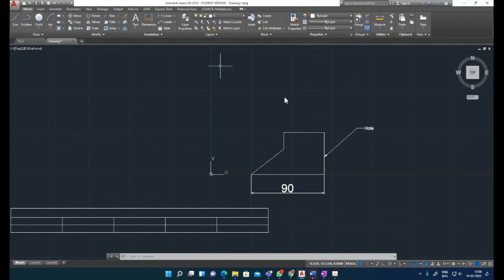Okay, and now one more thing: text also you can write. Suppose you have to write something here. So there are two types here, multi-line text and single line text. If I am using single line text, when you use this command, it asks for the start point of the text. So where is the start point? Wherever you want to write, you have to click there,